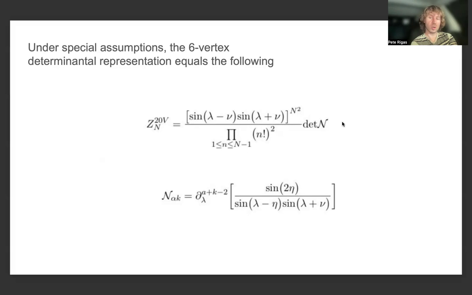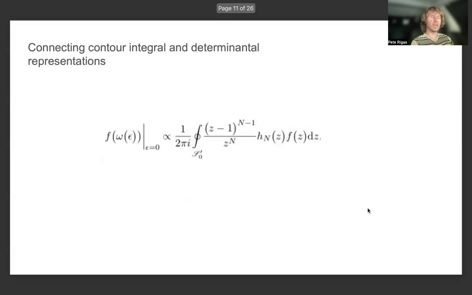But the determinant appearing in this determinantal representation is instead given by a generating function of a partial derivative with respect to lambda of this function: sine of 2 eta, sine of lambda minus eta, and sine of lambda plus nu, the sum of the two spectral parameters lambda and nu. And we can connect the contour integral and determinantal representations by the following identity or proportionality. If we have some smooth enough function f, and this function depends upon some function omega of epsilon, where omega also depends upon some explicit expression given in the paper, which coincides with the expression given for this function omega for the six vertex model,